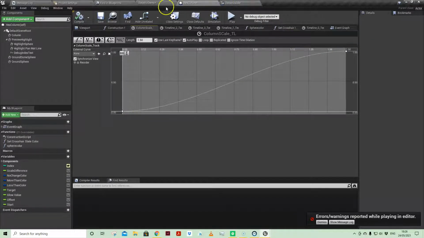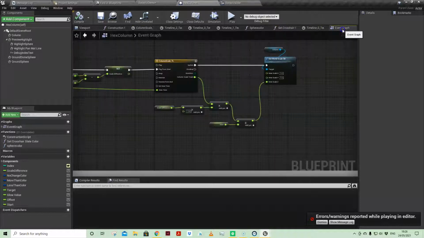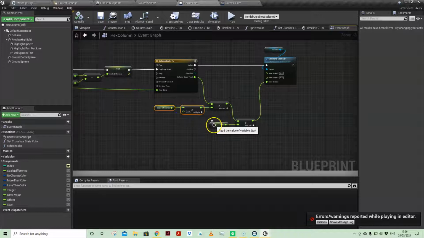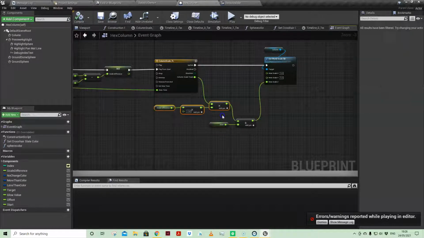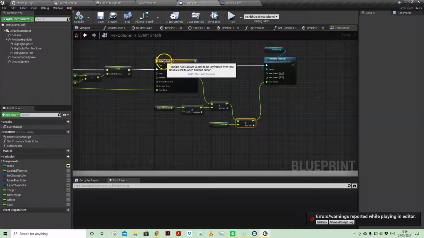And I'm using that to drive this distance, which is then added to the start value again. So this was the scale from the previous selection, but now I'm adding the difference. So if it's a negative difference, it's going to take it away over a period of 1.5 seconds, rather than interpolating using a